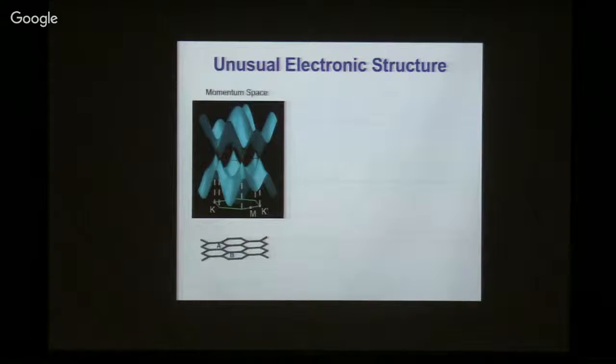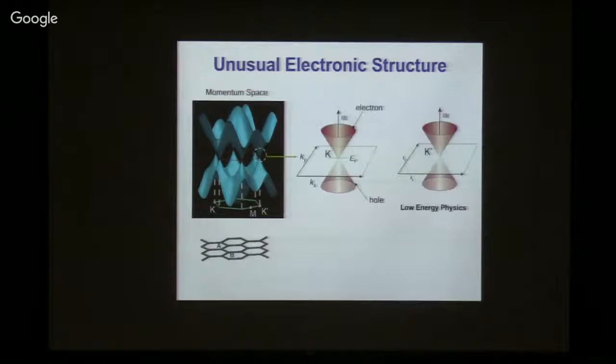Most of the electrical as well as optical properties of a material are dominated by electrons close to the Fermi surface. That means close to this crossing point. As a result, we can simplify the overall band structure by zooming in into these special points. And then basically we get 2 copies of the so-called Dirac cone, where vertical axis is energy, and kx and ky is the horizontal plane.